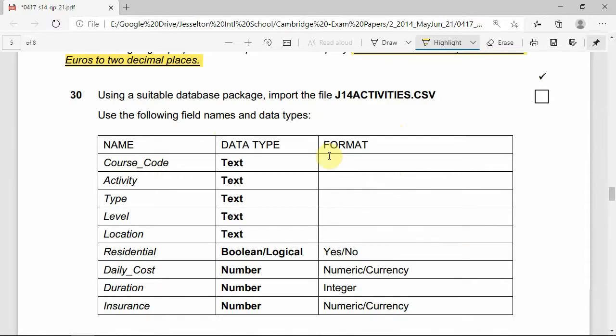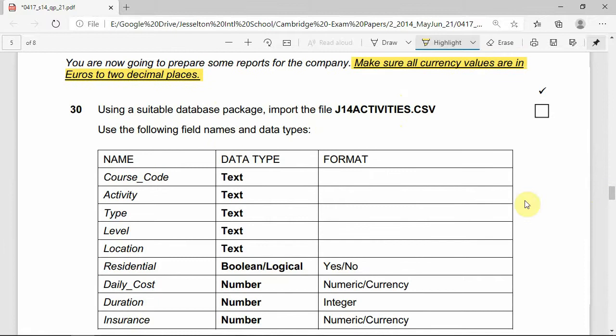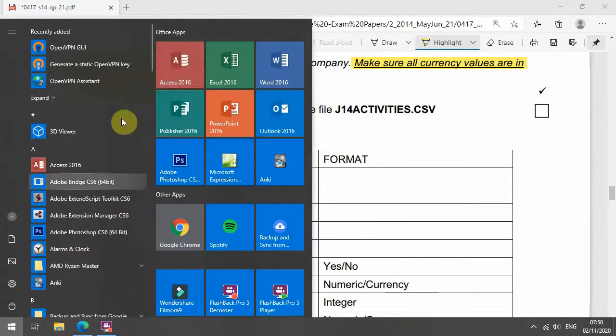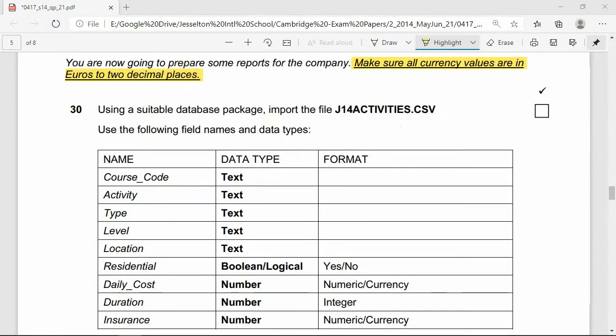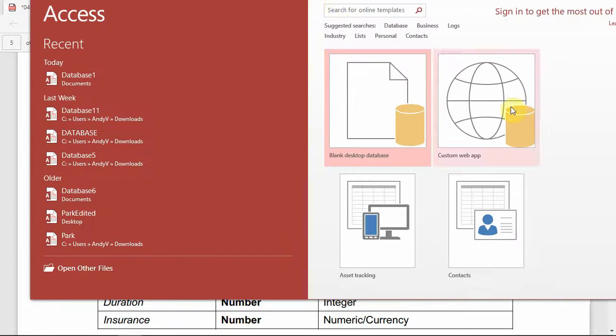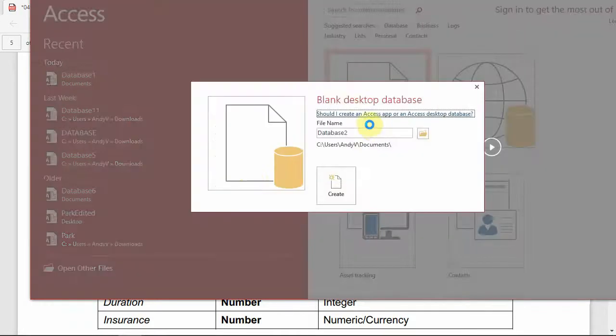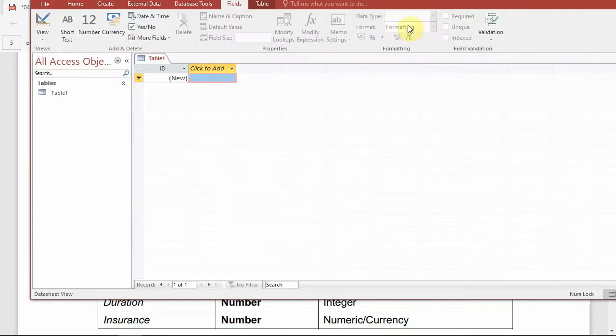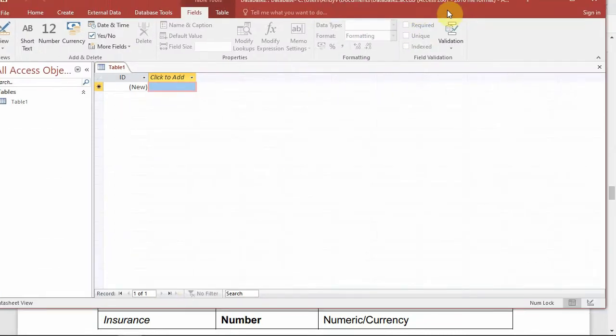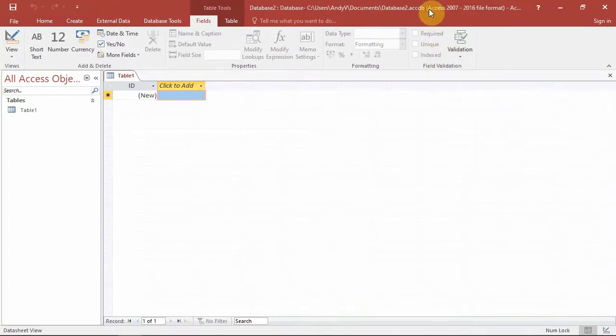First off, what we're going to do is open up our database package, which is Microsoft Access. This is the one that we're going to be using. You'll see here we're going to create a blank database. Now let's put this on a full screen. We are going to import the file